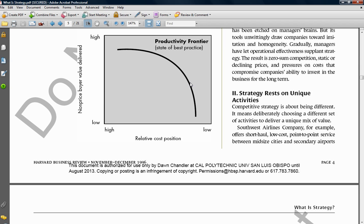So the essence of this is that Porter says for too long, organizations have focused on just state of best practice. And although it's helpful for, say, the industry, it doesn't provide any advantage for any one particular organization. So the idea is that a leader's or manager's job, particularly at senior levels, is to deliberate on how a company or organization can meet distinct needs, provide distinct activities, and specifically do something different that other organizations are not doing. So then he gives, as you know in this article, a number of different examples: IKEA, Vanguard, and